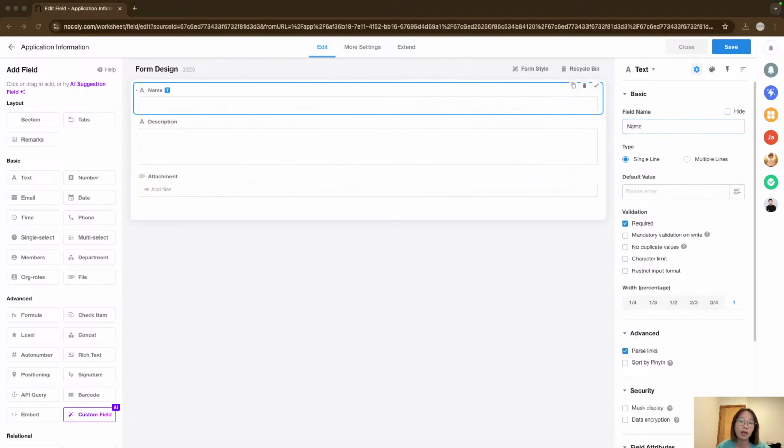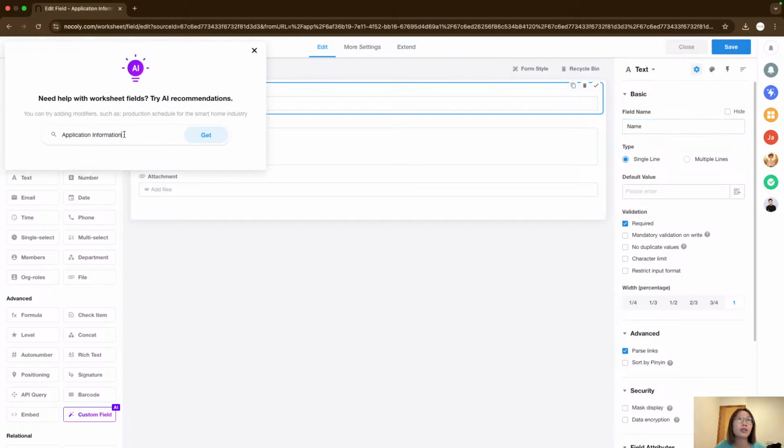Okay, remember what I mentioned in the case background? We assume we are HR within a company, but if I am totally new to this area, how am I going to construct application information that actually works? We can use AI suggestion to help us design the whole worksheet. For example, in this chat box, you just use your natural language to tell AI your requirement, and it will help you generate a series of fields, and you can decide whether to use them by clicking or unclicking the boxes. So here I'm just going to say,